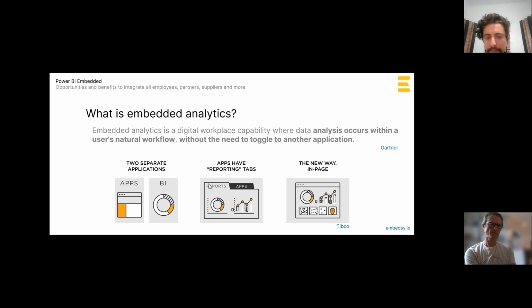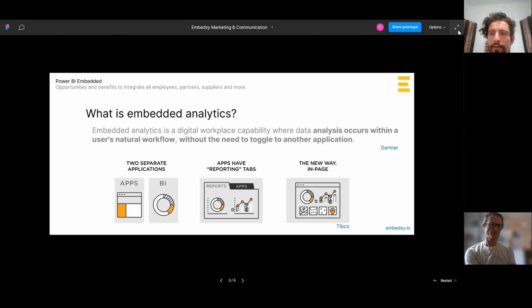The next maybe better thing, it's not always the case. Some applications, especially the big ones that have also the budget and developers to do this, they have a reporting section. Usually they have their app.